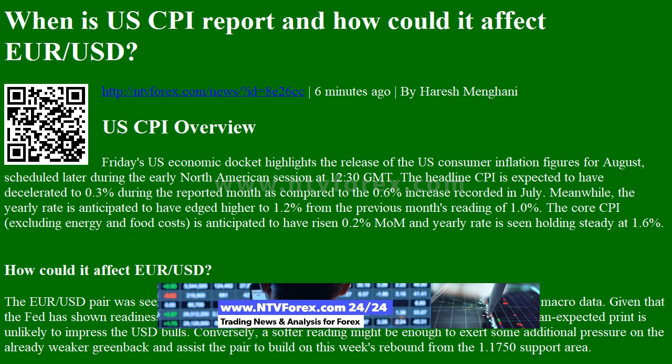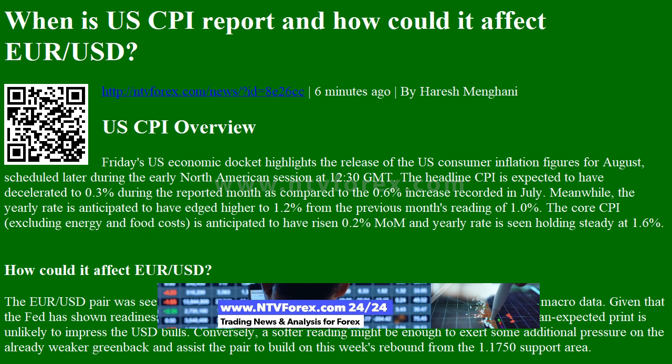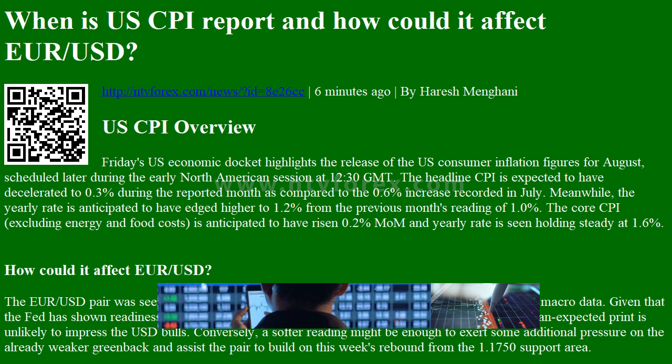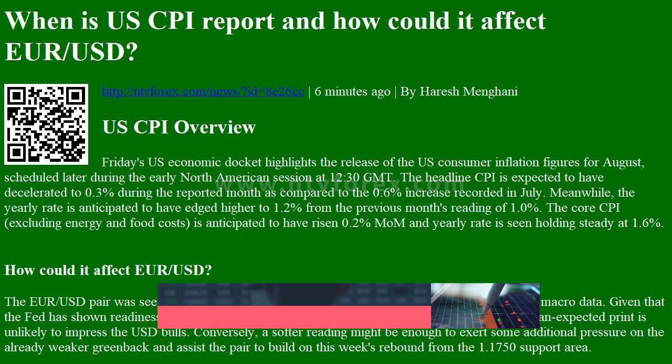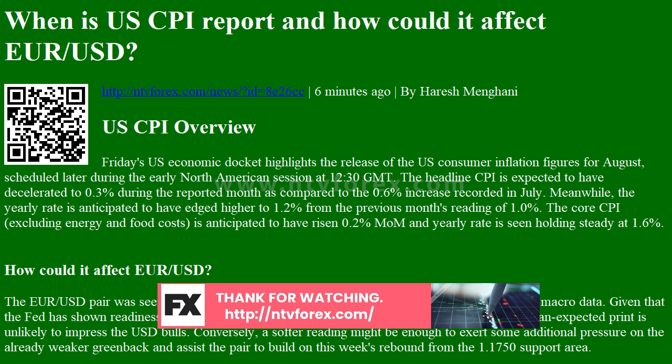US CPI Overview. Friday's US Economic Docket highlights the release of the US consumer inflation figures for August, scheduled later during the early North American session at 12:30 GMT. The headline CPI is expected to have decelerated to 0.3% during the reported month as compared to the 0.6% increase